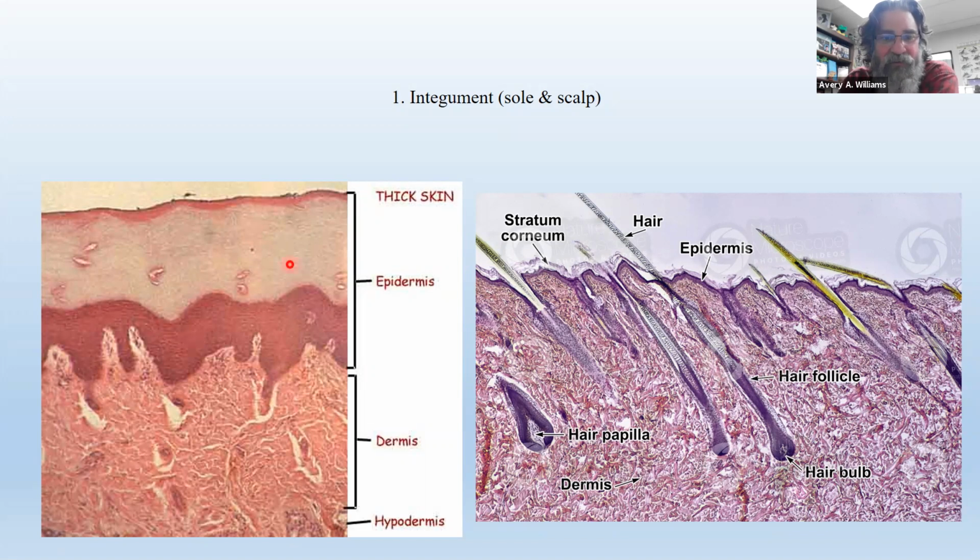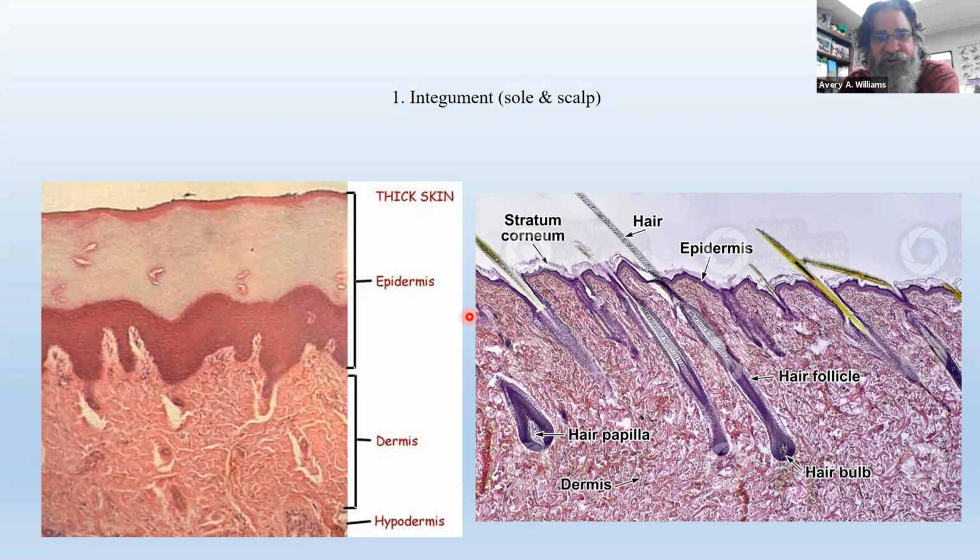Big, thick like that with no hair, probably the bottom of the foot. Or it could be the palm of the hand, but I got my section from the sole, okay? And then the relatively thin layer with hair, top of the head, okay? How about that? So if you look at the skin or the integument from any part of the body,